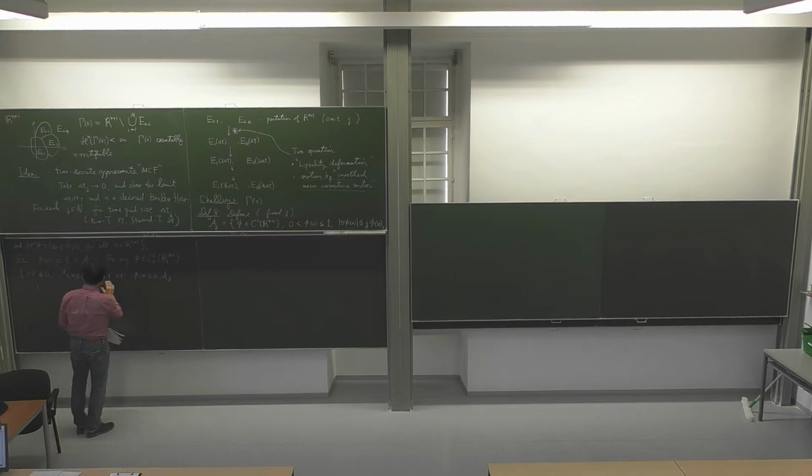I shouldn't say any epsilon, but sufficiently small epsilon. This function is going to be less than 1, and also strictly larger than 0, and the gradient of this function